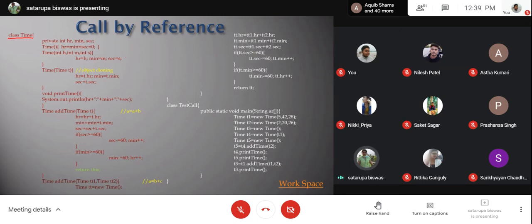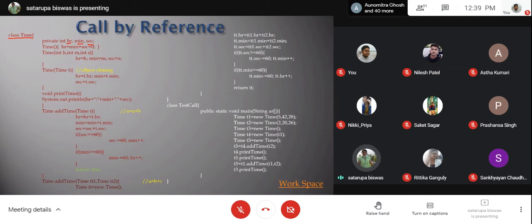All are integers. So here, inside the class, we have three private integer variables: hour, minute, and second. Okay? Now, we have constructors inside the Time class.